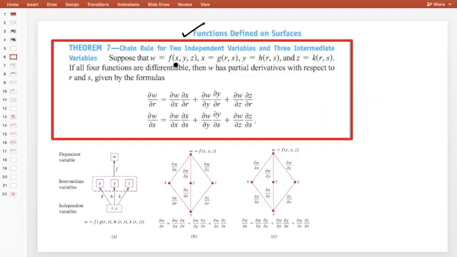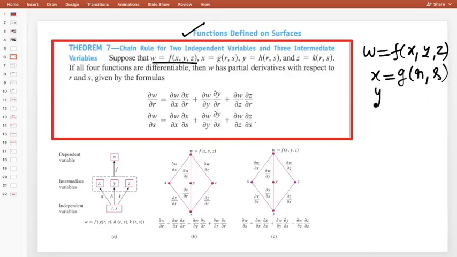Now see this function. Sometimes there are two independent variables. First they have given w as a function of x, y, z. And then x is not a function of only t, it is basically a function of r and s. In a similar way, y is also a function of r and s, and z is a function of r and s. Now if they ask dw by dr, here it is del w by del r. Why? Because at the last they are functions of r and s, that's why they are using the partial derivative.